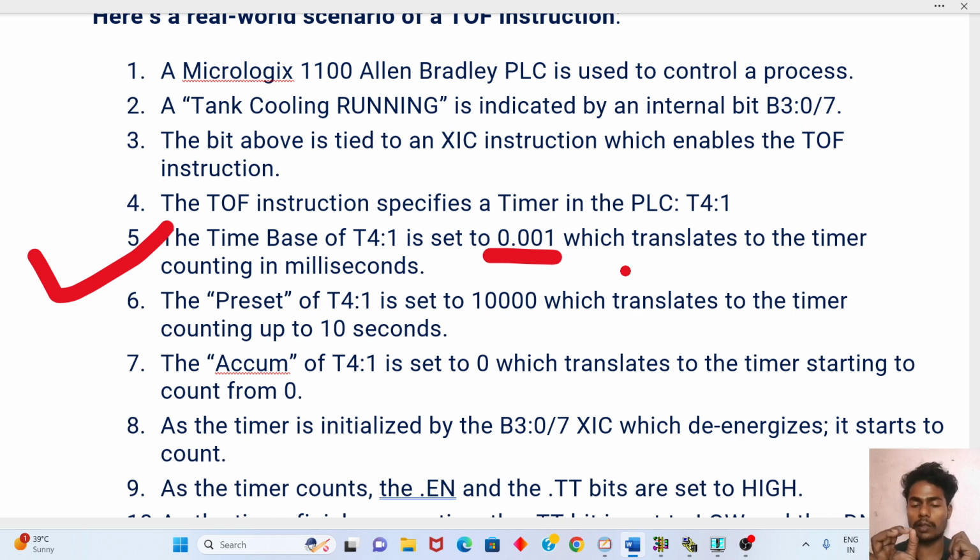When you have to set the time base to 0.01, it means that a preset value of 100 is 1 second. And sixth, the preset of T4 is set to